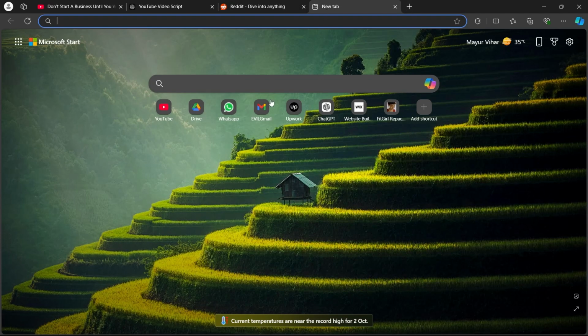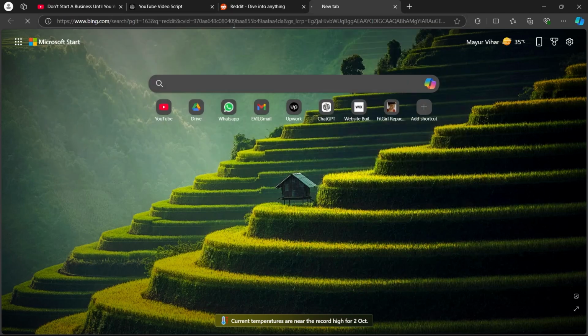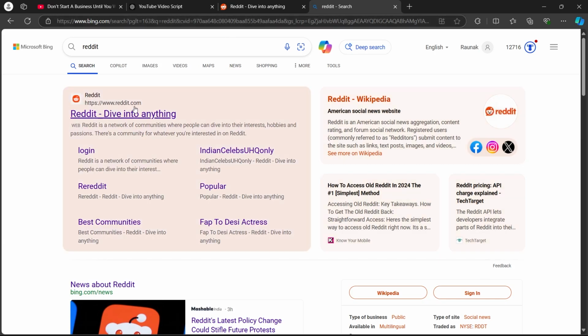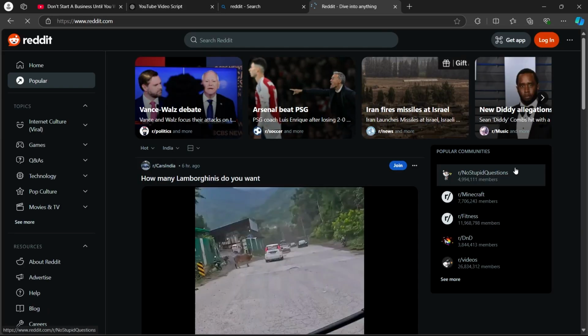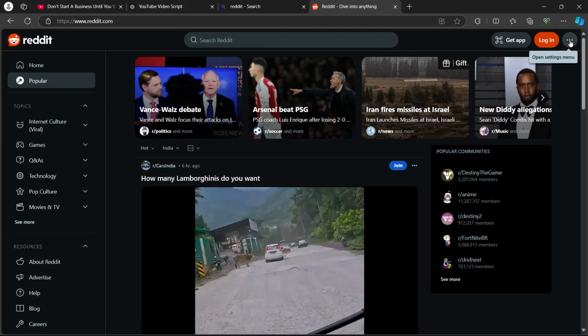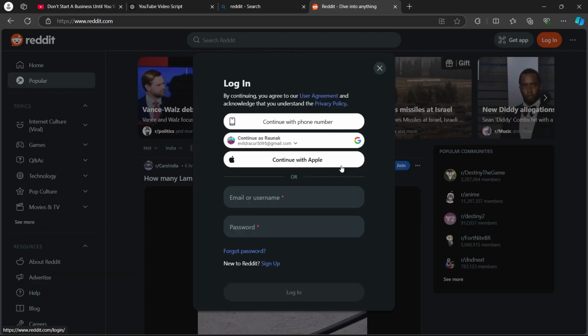To get started, head over to any browser on a PC, go to the search bar and type in Reddit and hit enter. After that, you will see the first result that will be www.reddit.com. Click on this link and it is going to take you to this page. Now, you can click on the three-dotted icon at the top right corner and click on login/sign up. And you will see a login option, and if you're new to Reddit, click on the sign up button link